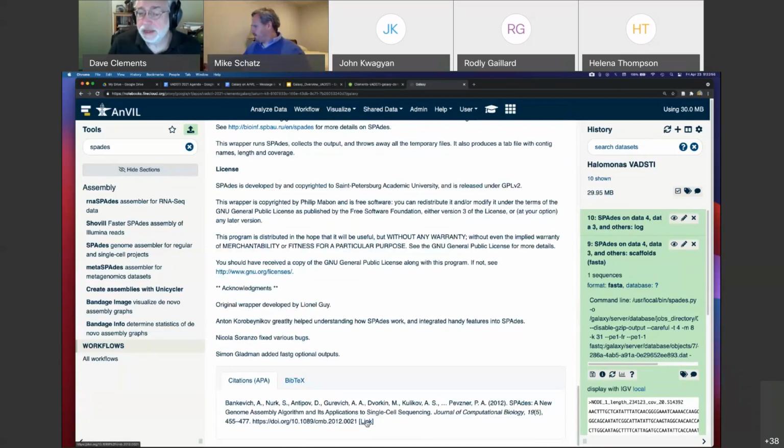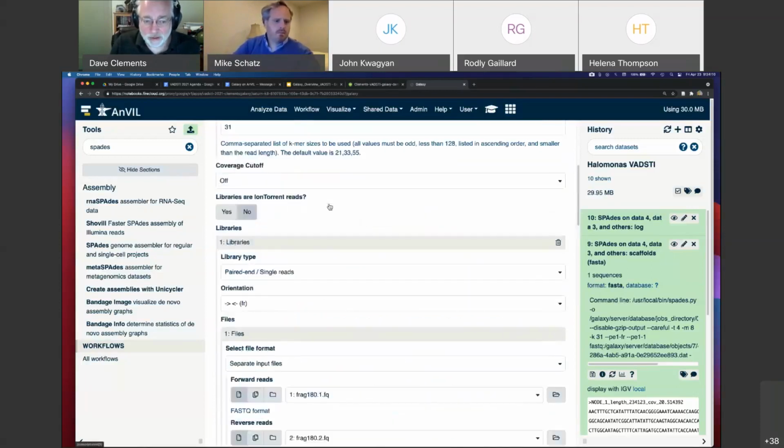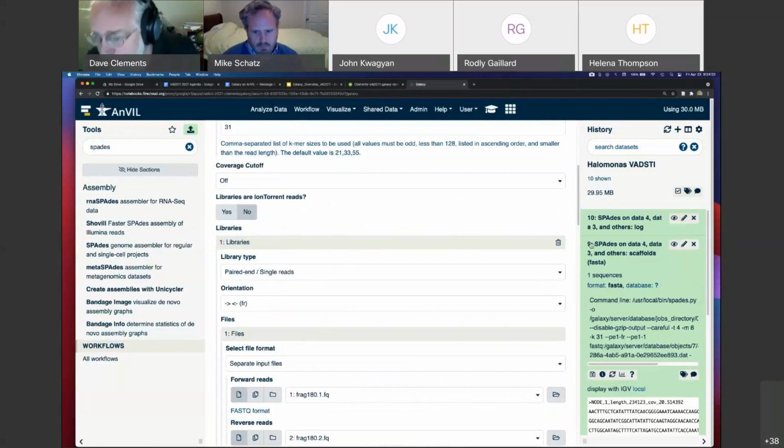That paper probably has linked to documentation about Spades. Maybe there's a forum about Spades specifically. Maybe there's a mailing list. And these are great resources for figuring out, okay, what does it actually mean when I say this, okay? What does it actually mean when I say, yes, they're Ion Torrent? And you can find that out through these resources. Okay,